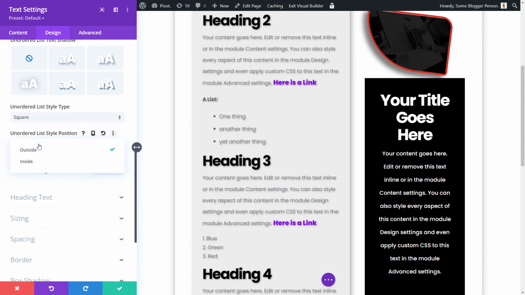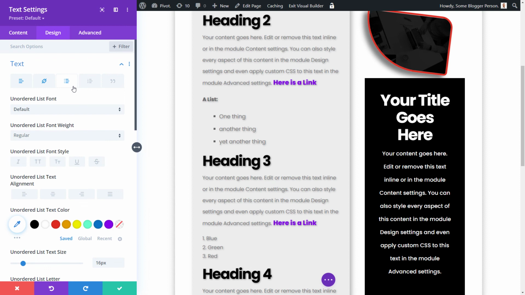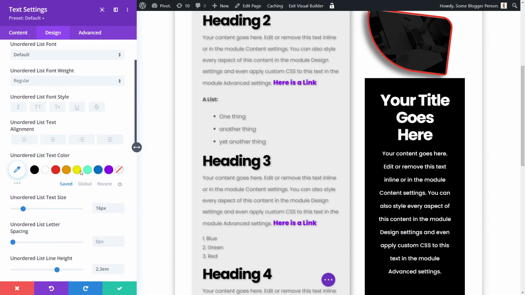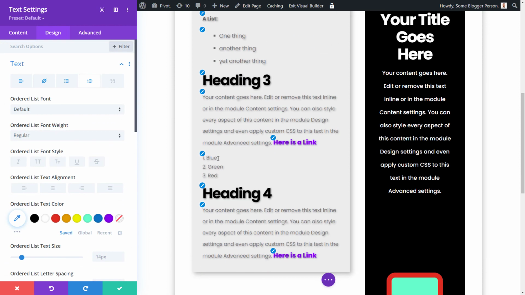And of course, the list style position, inside or outside, just changes whether the dots are inside the text or outside the text. So you can style those, and it's the same again, if I go back down, with the numbers. If you look at the numbers here,